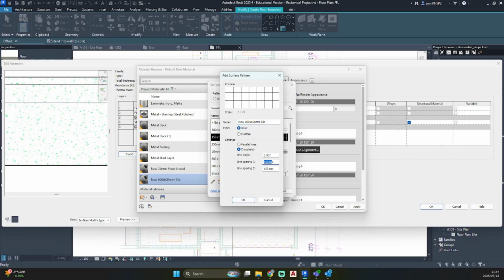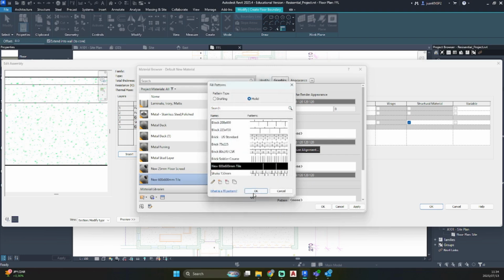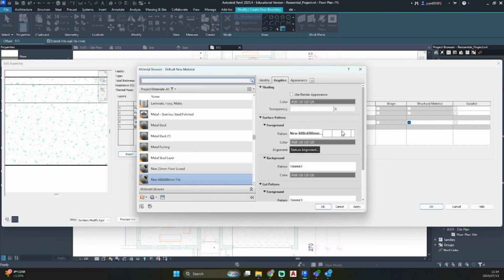So we'll need to adjust this and take line spacing to 600 and same for the other line spacing. So just click OK. And then we have created our new pattern type without changing the 150 millimeter squares. So let's just hit OK. And there is our new foreground pattern.